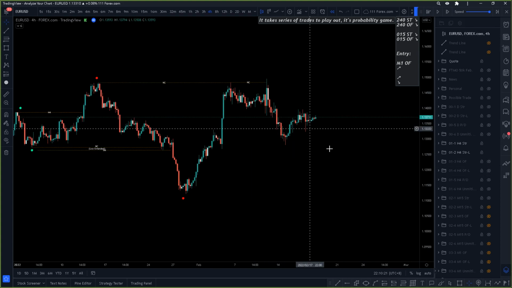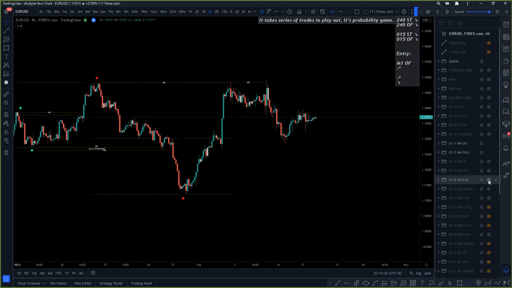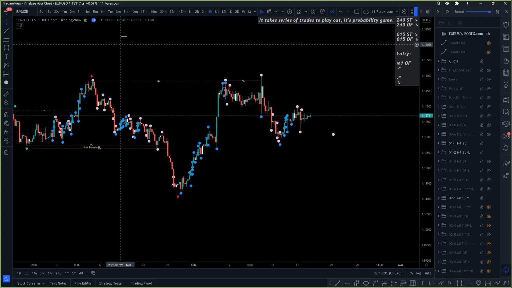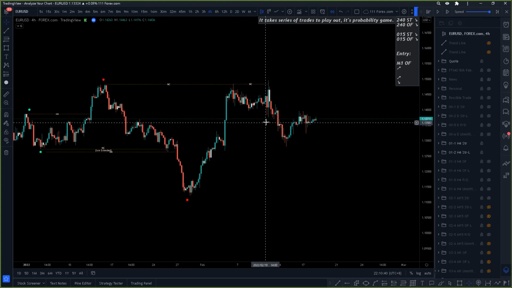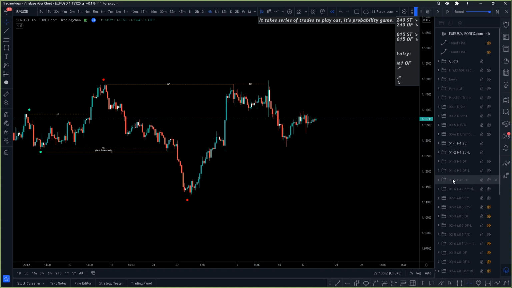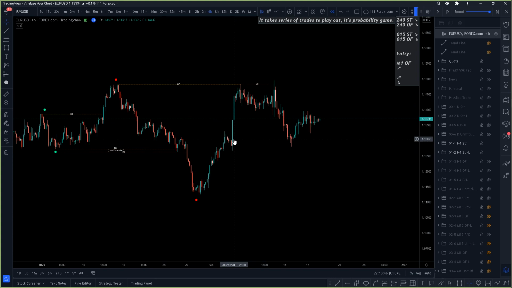And order flow is weird at this point of time. So at this point, order flow was structurally